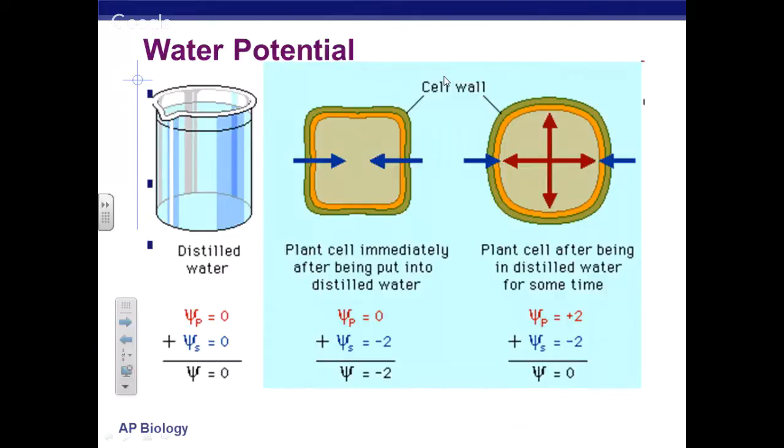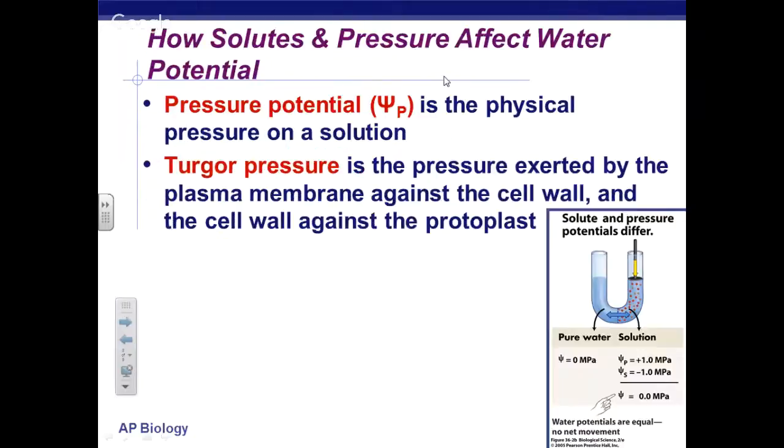Y'all see that? So in this case, we have a water potential of zero. So in that case, if it's in the distilled water, no more net water will move in or out. Does that make sense? Kind of. We have an entire lab on this stuff way later, but we work on it some next week. So,